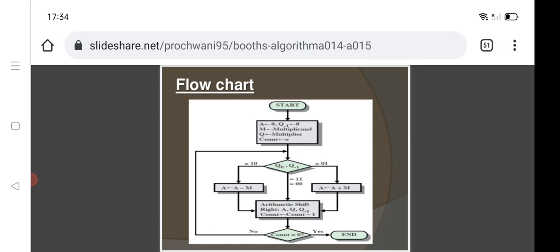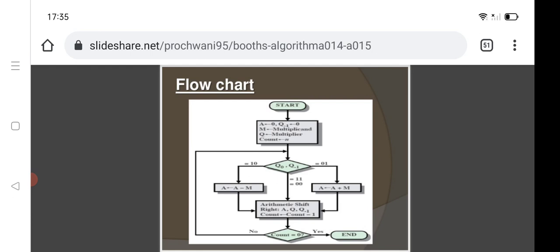Now let us come to the flow chart of Booth's algorithm. What does the flow chart say? First, let us start with our algorithm. What do I need to do? The multiplicand and multiplier should be loaded in which registers? M and Q. And you are using an accumulator register A also. That A is used to store my result. So I first need to write zeros to that A register, so that the previous results do not affect my values. So I will be loading my A register with 0.